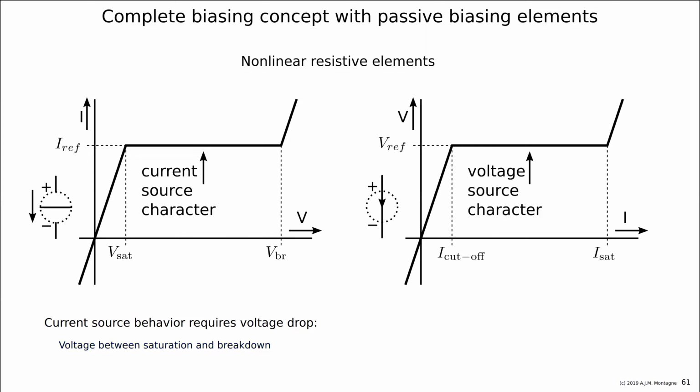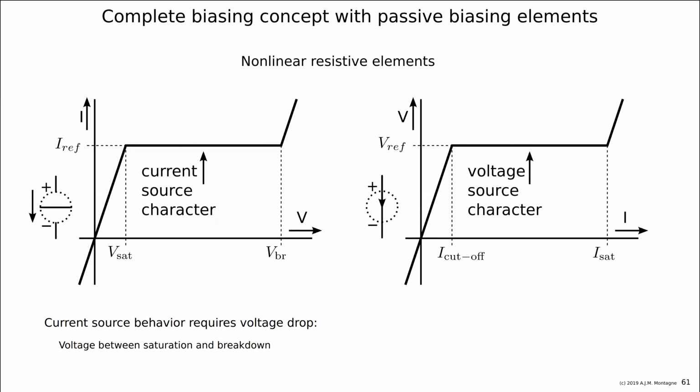The same holds, of course, for voltage sources. You just take the same picture and you change the axes. That's all you do. And then we have a voltage reference, and the voltage reference can only be made if you let a current flow through the reference. That's what you probably already know from Zener diodes. If you put no current through a Zener diode, the voltage is zero. It's not a battery. So somehow it has to reach the Zener voltage and then become constant. And that is called the cutoff current. Below that current,